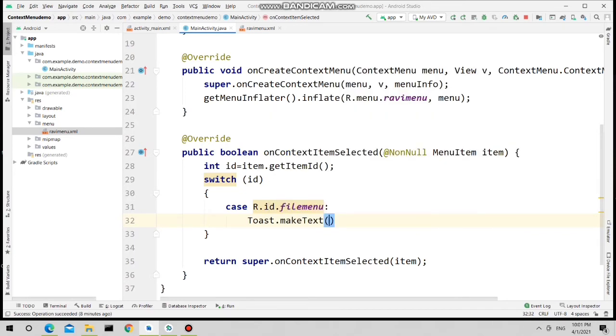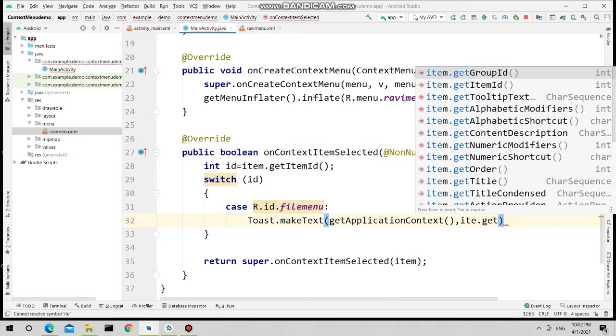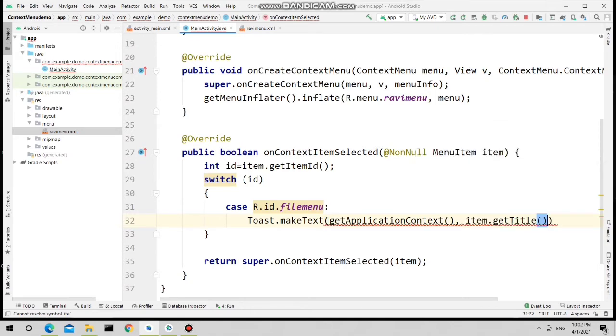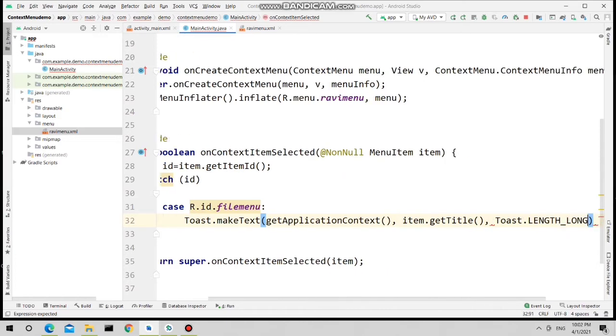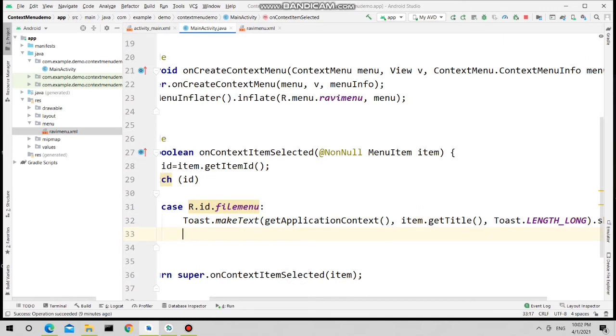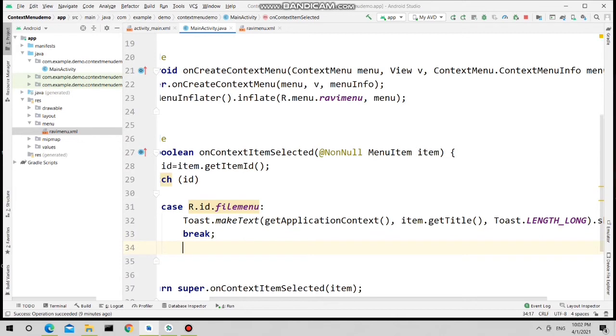Toast.makeText, the context, so I'm using getApplicationContext(), and then the text to display is the title of the selected menu item. How to get that? This item is the object of the selected menu item, so item.getTitle(). Then the third one is duration, so Toast.LENGTH_LONG, and then there is the show method. Next you need to use break. Now just do copy paste.